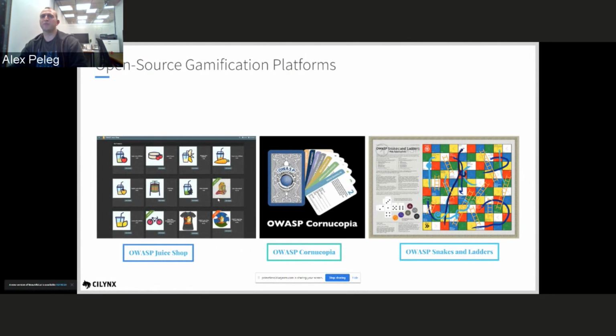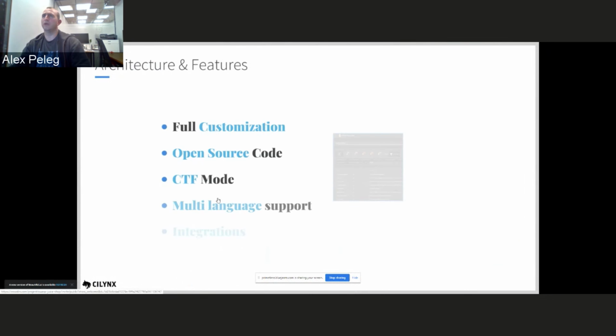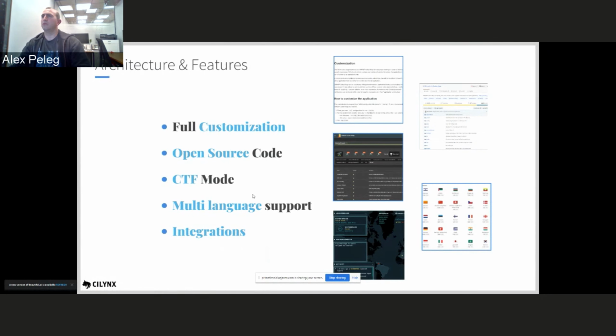But the platform that I like most of all from OWASP, and it's a totally volunteer project, is the OWASP Juice Shop. So first of all, how it's done: it's an Angular front end and Node.js backend.